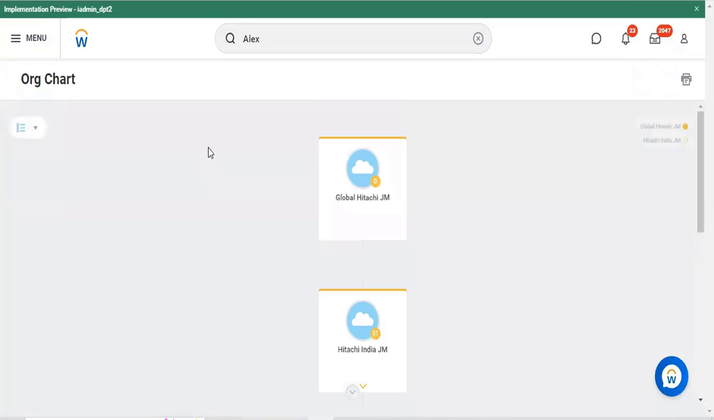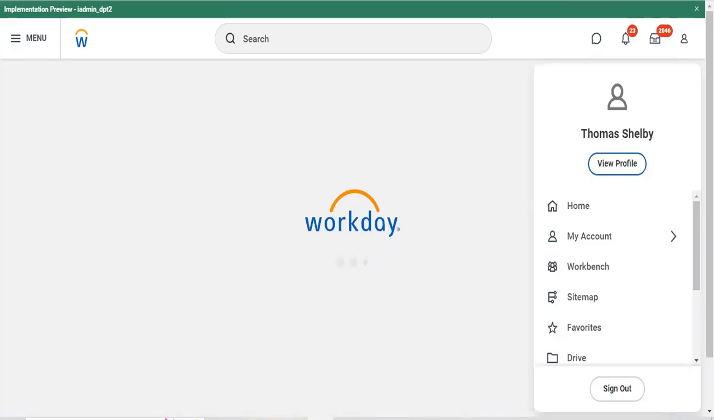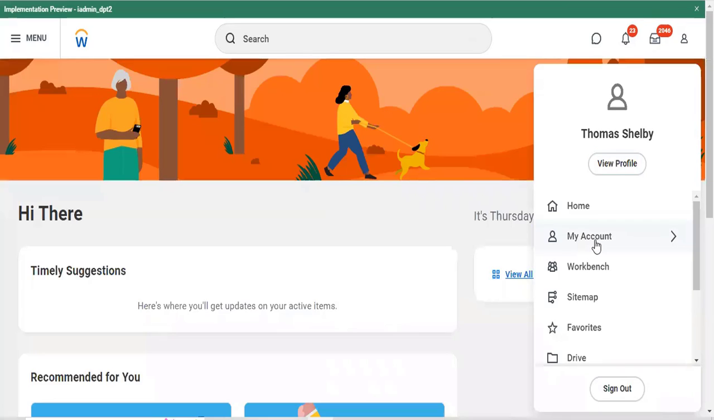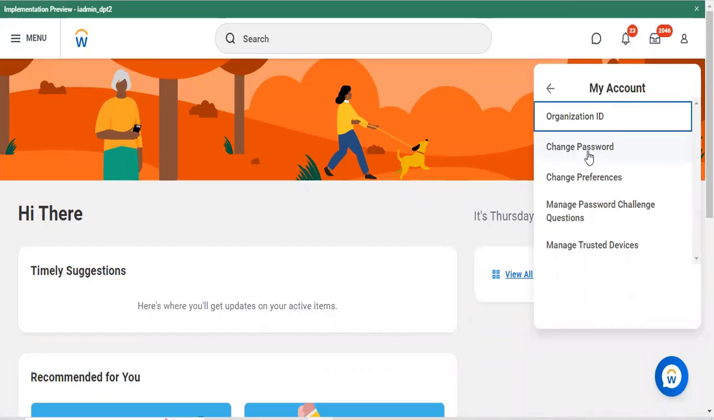This is your organization chart map. Come to the main menu. Go to the profile, and next to that you can find My Account. If you tap onto My Account, whenever you would like to change your password, you can